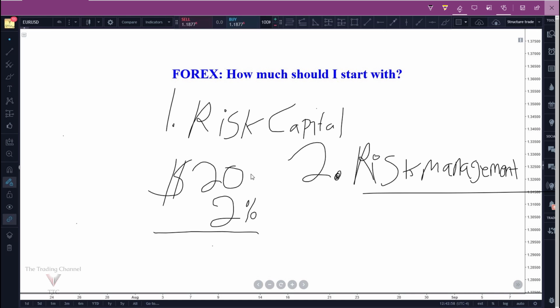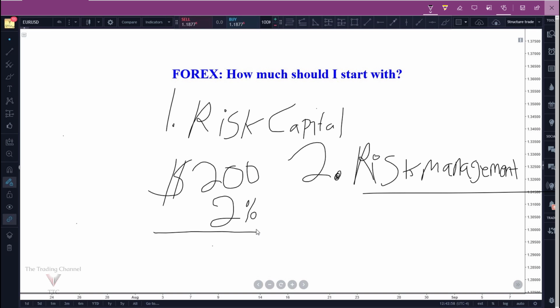The reason being because if you have only $20 of risk capital, it doesn't mean that you'll never have enough money to start an account. Save your money and focus on your trading plan, whether that means actually making a trading plan if you don't already have one, or improving the trading plan you already have. You can do those things while you save money from your job that you currently have until you get to a point where you can start an account with, I would say, a minimum of $500, because that's going to give you some type of emotional stimulation.